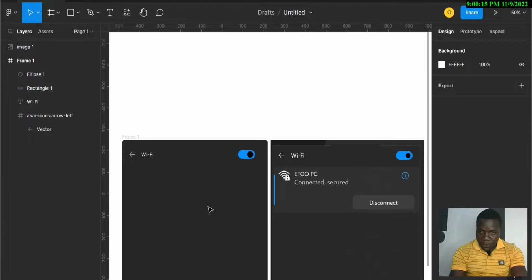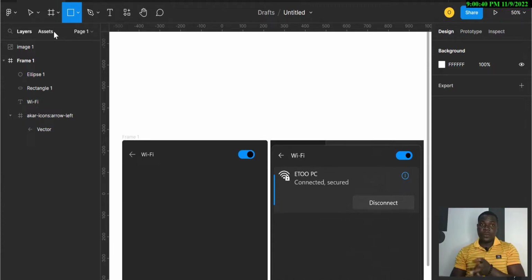Now the next thing is for us to create, if you look at it very well, another shape that contains my hotspot among others. So how do we do that? That's a rectangle. R for rectangle. Please put all this in mind. R for rectangle,